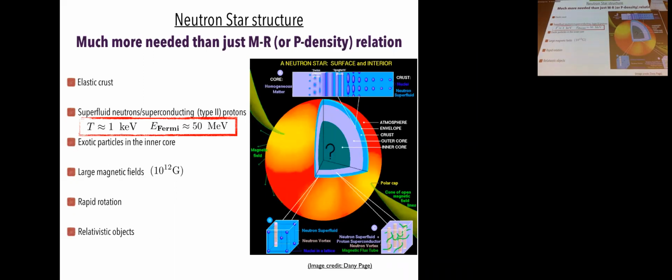So what we're talking about here is an incredibly compact star. We're talking about something that has roughly the mass of the sun, but compressed in a 10-kilometer radius. So that means that if you work out the average density, you end up with densities that are higher than nuclear saturation density. And so what you have here essentially is what's left over after a supernova explosion, and the core starts to collapse, but then the collapse is halted essentially by neutron degeneracy pressure.